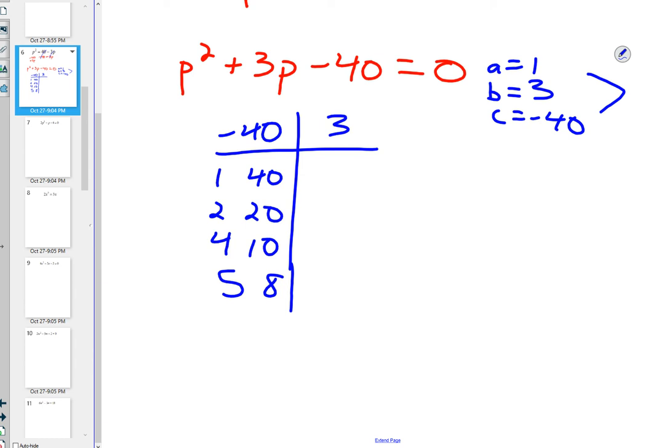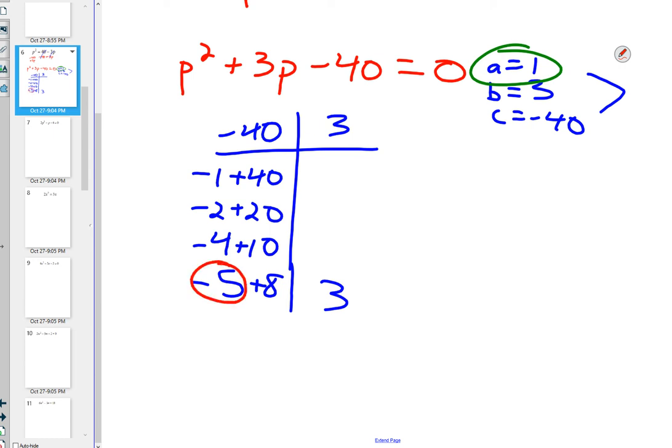Say it again. Very good. Make all the smaller numbers negative and the bigger numbers positive. So then the last question is, do any of these add up to 3? Yeah, negative 5 and 8. Because A is 1,